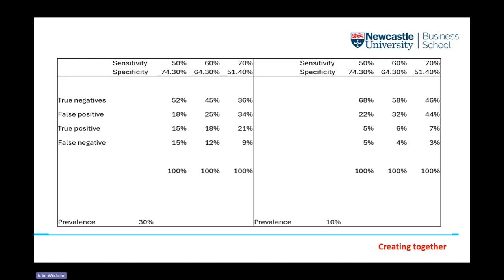So there's a marginal change. We've changed the threshold at the margin. We've gained more true positives. We've reduced our false negatives. Some real benefit, but there's a trade-off. And the trade-off comes in terms of false positives.